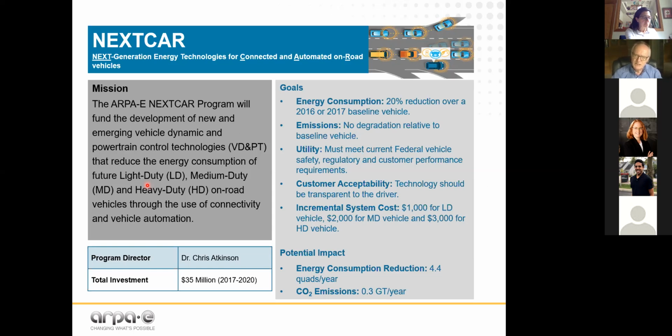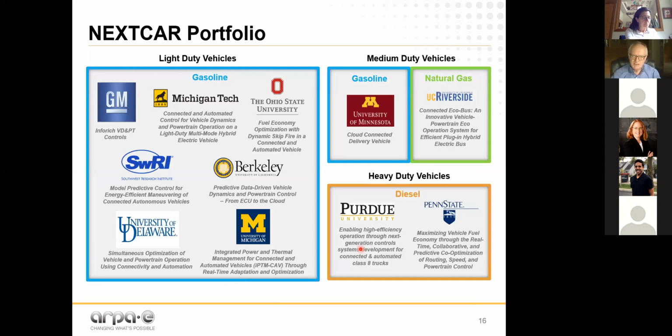And we could reduce that by about 4.2%, which is a substantial reduction, if we improve the energy efficiency of all vehicles, light duty, medium duty, and heavy duty, by 20%. We initiated the program, as I say, in 2017, 11 projects in the universities and companies that you see here, 7 light duty, 2 medium duty, 2 heavy duty, 4 fuels, gasoline, natural gas, diesel, and electricity, and a range of vehicles, a range of vehicle vocations, a range